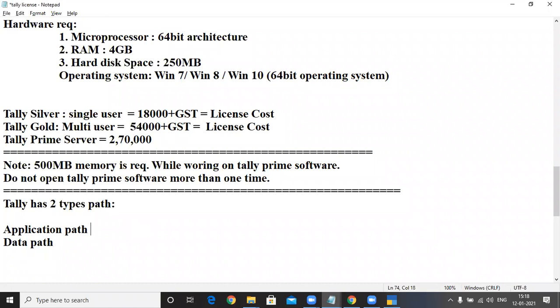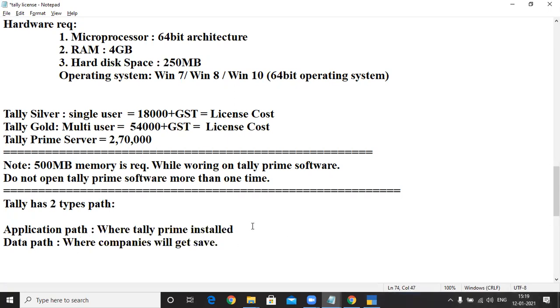Application path is where Tally Prime is installed, but data path is where companies will get saved.